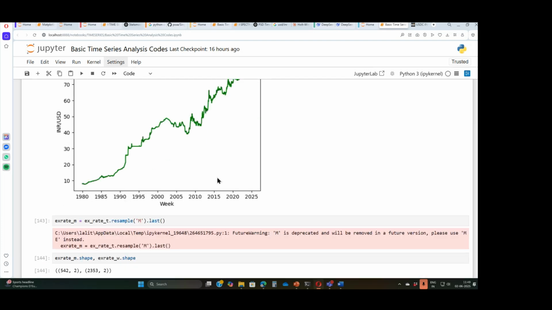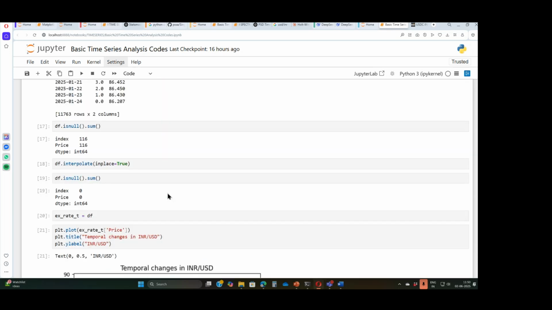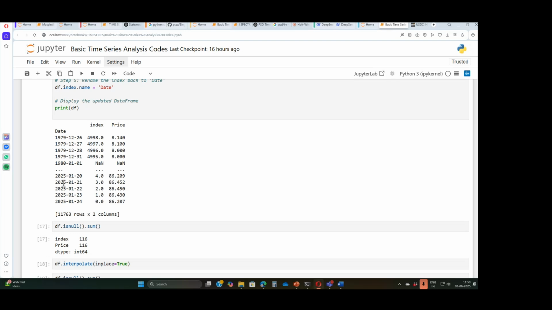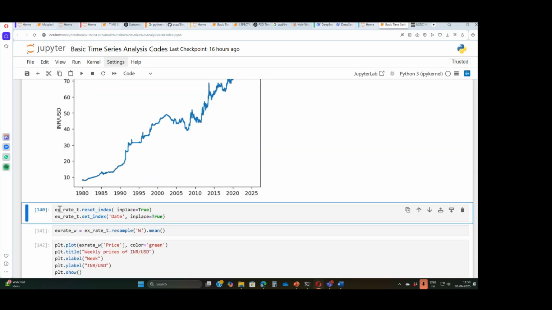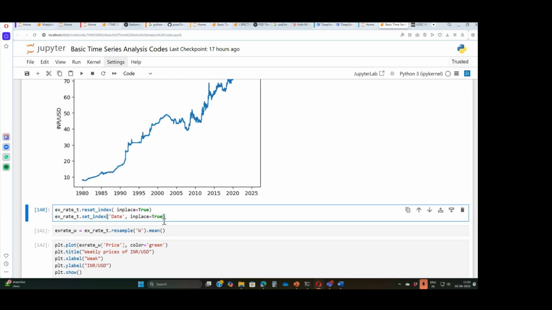Now, very often in time series analysis, we need to convert the frequency of the data. Now, the data that I've got is weekdays daily. I want to convert this weekdays daily into monthly data. So the precondition for that is first the date should be in the index. It's already in the index. And once the date is in the index, I'm doing it again, just say reset_index inplace equal to True. And then I say, first I must reset it, and then I'll set it afresh. I'll say make date as the index. I do it twice because sometimes it's in date.